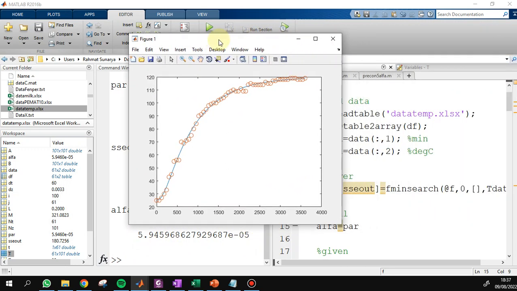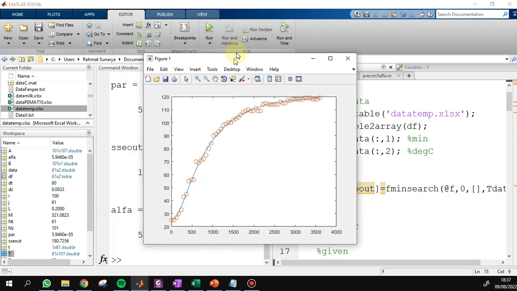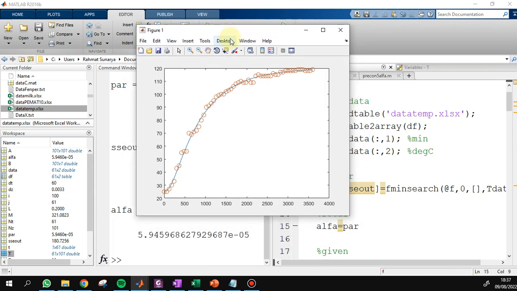So this is how to find the parameter using indirect fitting of a partial differential equation using the implicit scheme of finite difference. Thank you.